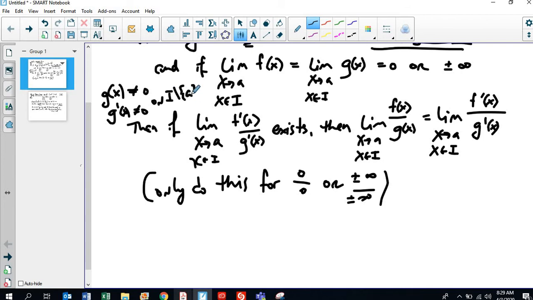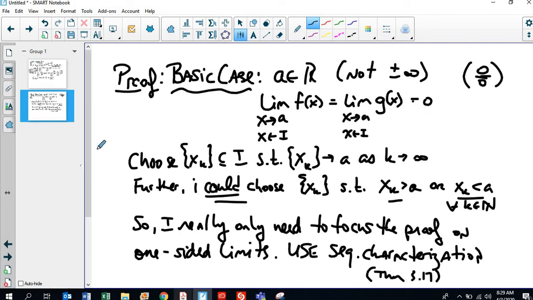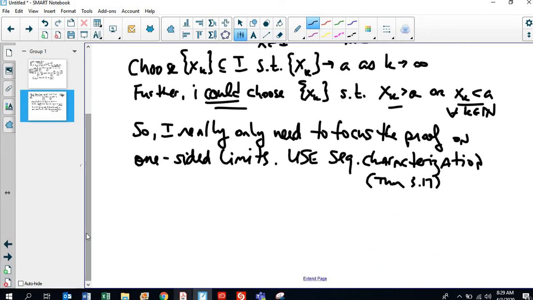All right, we need those both so that we can talk about the ratios. And again, the only time this would really matter is that if I have this. All right, so I'm recognizing that I forgot that hypothesis, and so because I need it right here, since g prime of x is not 0 on I minus a,